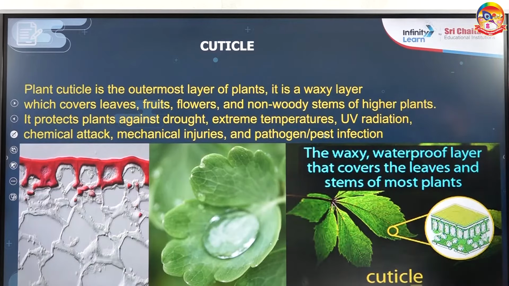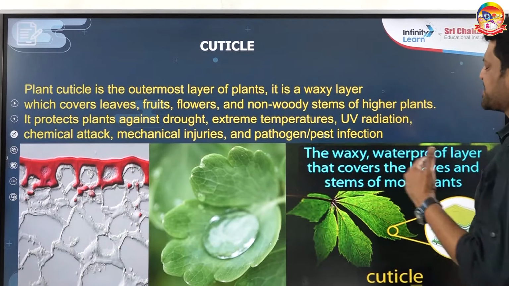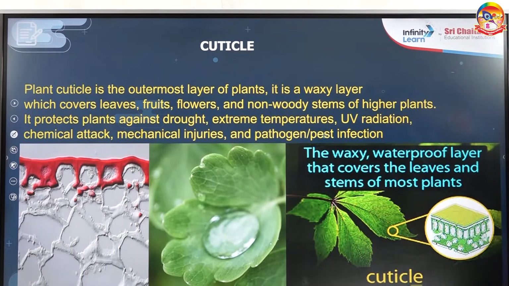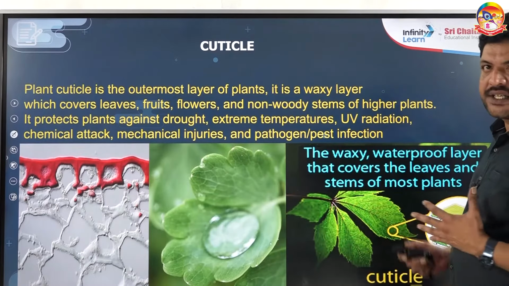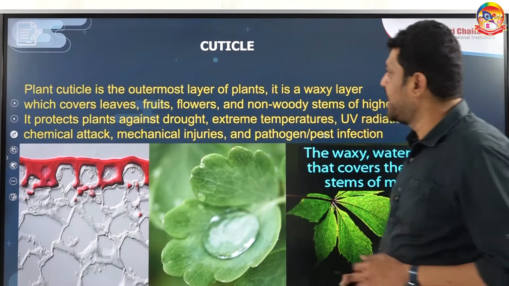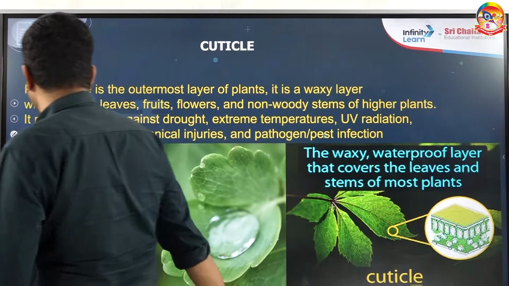It protects the plants against drought, extreme temperatures, UV radiation, chemical attack, mechanical injuries, and pathogen and pest infections. These are the functions of the cuticle that is present outside the